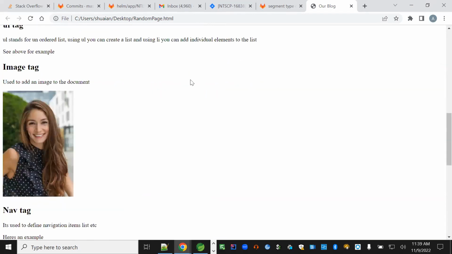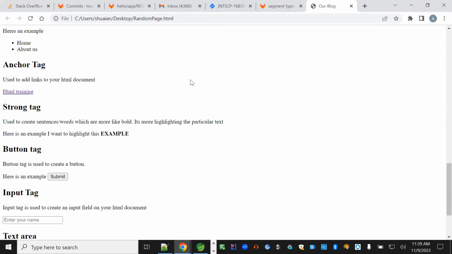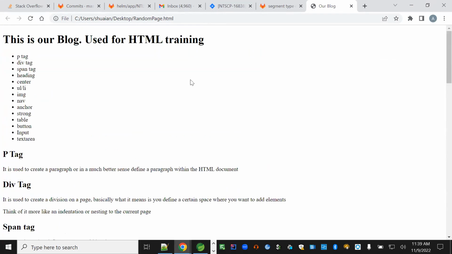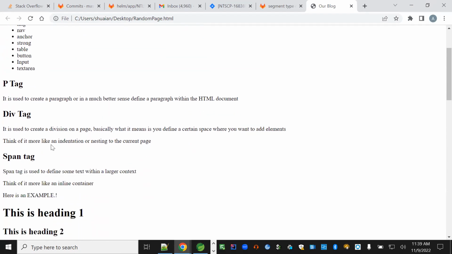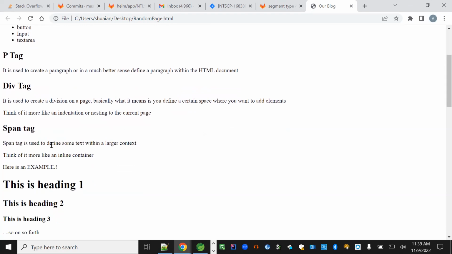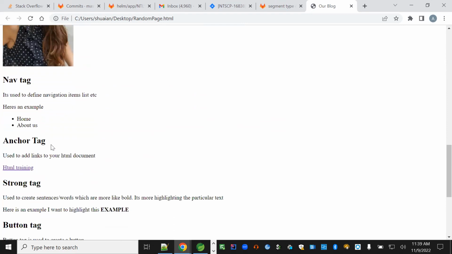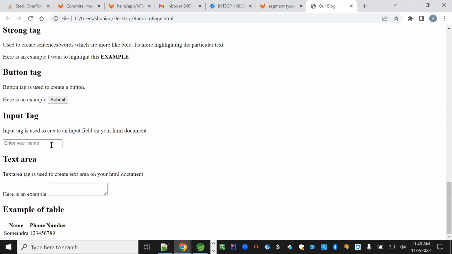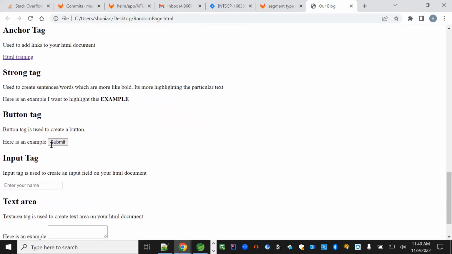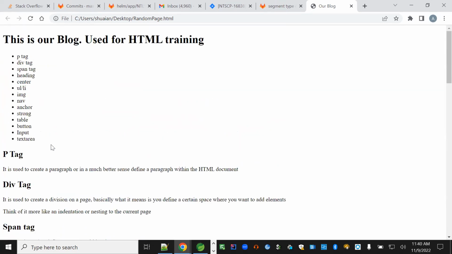Okay. So this is what we did yesterday. So we covered basic HTML tags. So we talked about what is a p tag, div tag, span tag, heading, center, ul, li, image tag, nav tag, anchor, strong, table, buttons, input, and text area. So, can you see? Yeah, I have an idea of these things. I'm okay with it. Okay. But I asked you to create that blog because we will be starting with CSS today. So we will essentially link with it and then we'll start editing it. Anyway, so